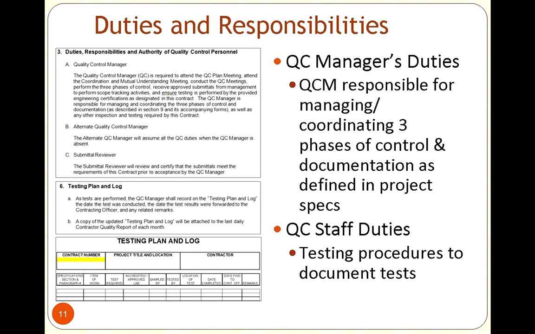And we'll be talking a little bit about the three phases of control that a quality control manager would do. And again, it could be anyone that you just designate as a quality control manager. But you want to identify many of the responsibilities and where they're going to fall into place in making sure that they can work with contractors, they've got the legal right to work with contractors, and the documentation that might be necessary to set things up, track things down, and be able to have a record of documentation in case they need to go back through any of the files. And then any of the procedures that may need to fall into place.